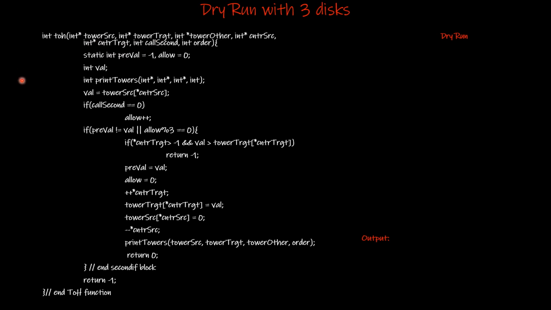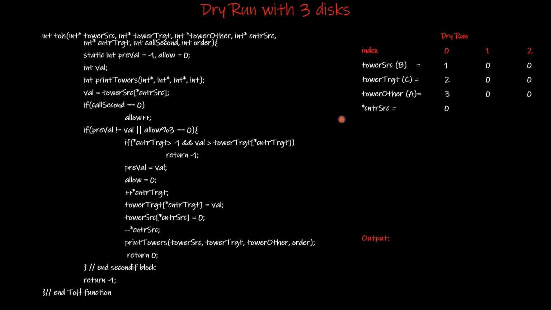Okay. So parameters are created, index position 0 1 2. Tower source is B with values as 1 0 0. Okay. 1 was assigned in the very first call to this tower TOH function. Tower C is going to have 2 0 0. This was the assignment done in the second call to the TOH function. Tower A is the third function, third array. It has values 3 0 0.